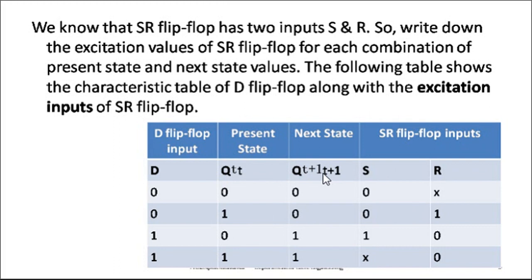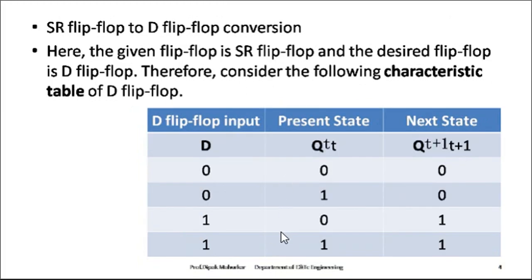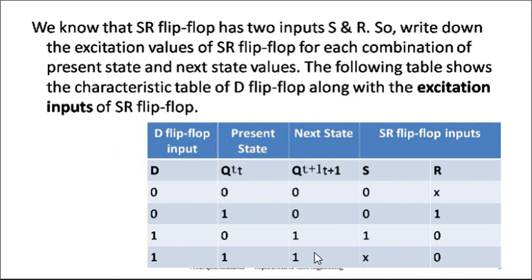According to Qn and Qn plus 1, when both are 0, the SR inputs are S equal to 0 and R a don't care condition, meaning the value of R is either 0 or 1, and the next state Qn plus 1 is 0. Then for Qn 0 and Qn plus 1 equal to 1, S is 1 and R is 0. For Qn 1 and Qn plus 1 equal to 0, S is 0 and R is 1. When both are 1, S is don't care and R is 0. At that time the D input is 0 0 1 1 by referring to this table. Like this you can make it. This is called your excitation table.